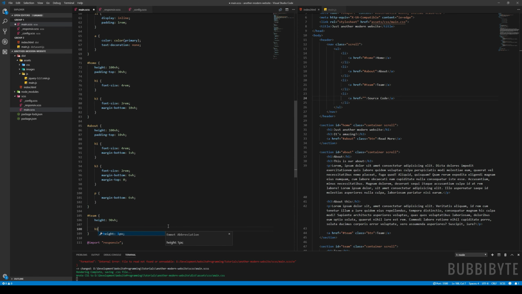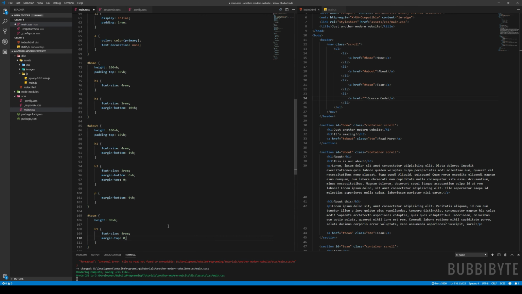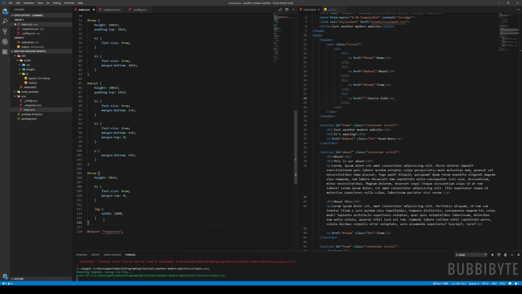Say H1, font size 4 rem, and margin top set to 0, so removing it. Image, set the width to 100%,